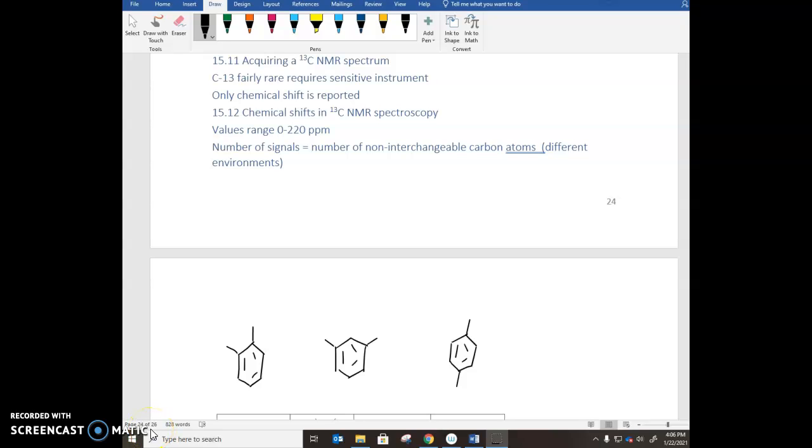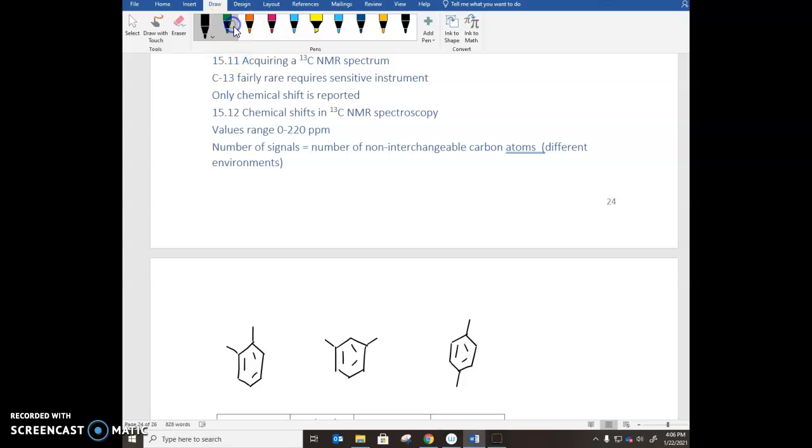So acquiring a carbon-13 NMR spectrum requires a very sensitive instrument. A little over 1% of all the carbon is carbon-13, so it's hard to detect. And only the chemical shifts are reported, so you don't get as much information from them. The values are going to range between 0 and 220. And we'll be looking at the number of signals, which is the number of non-interchangeable carbon atoms, that would be carbons